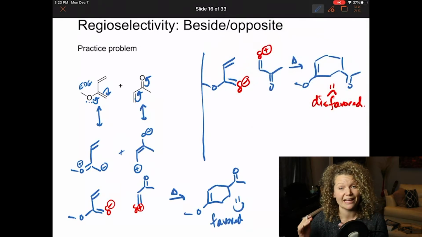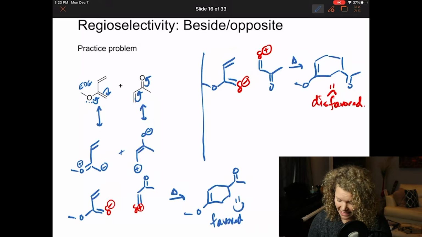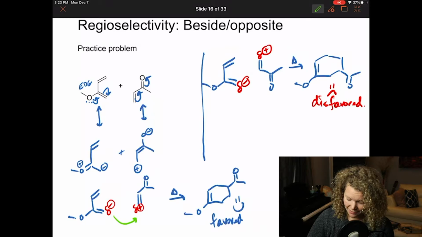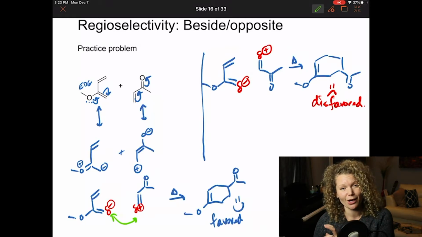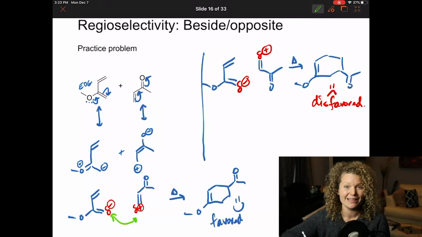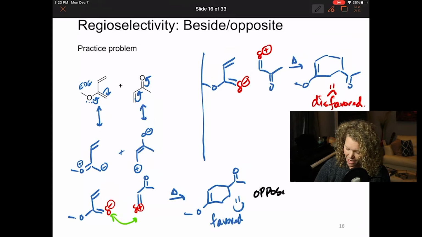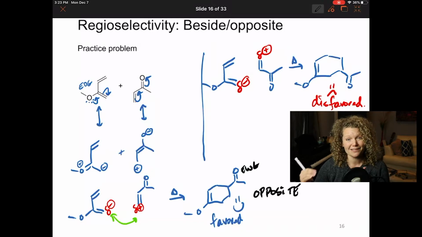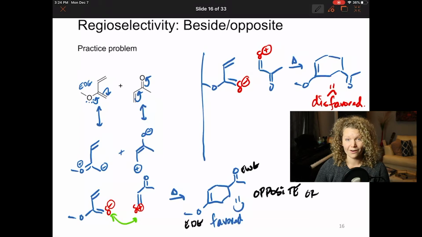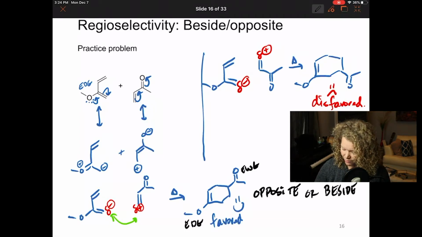And this is due to the electronics of these systems. In this case, in the bottom, we have the interaction of a partially negative carbon with this partially positive carbon. This is very favored. And so this is why we're going to be drawing either the product where the electron withdrawing group is opposite of our electron donating group, or if you can get it in a manner where they are beside each other,